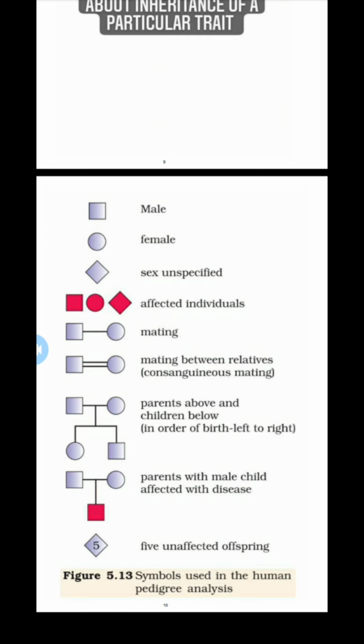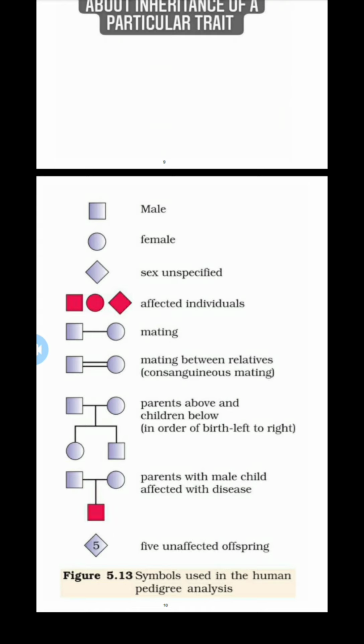circle symbolizes female, the kite symbol symbolizes sex unspecified, the shaded structure symbolizes affected individuals. The line between the square and the circle symbolizes mating. The double line between the square and the circle symbolizes mating between relatives, and the square and the circle, and